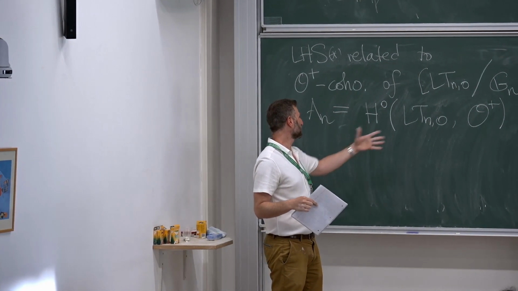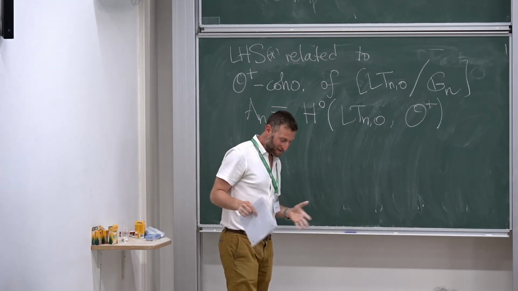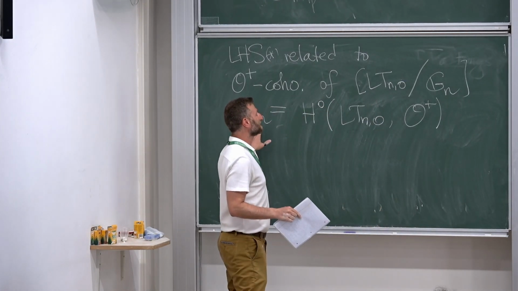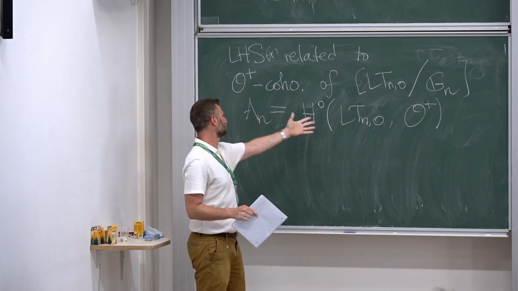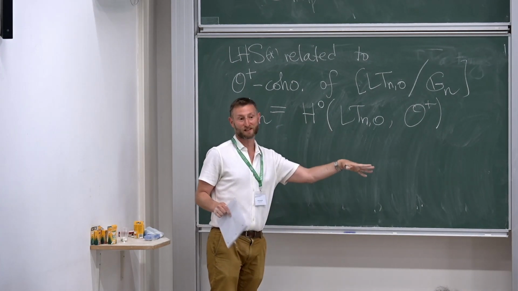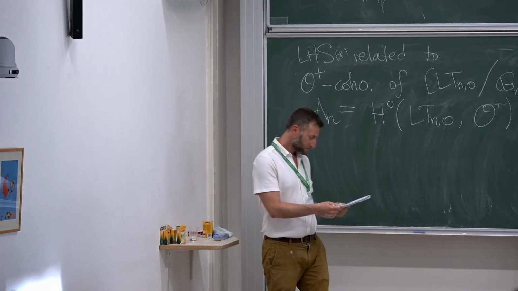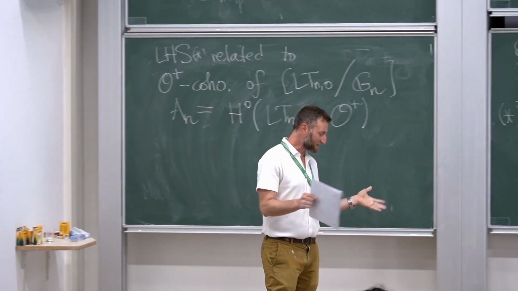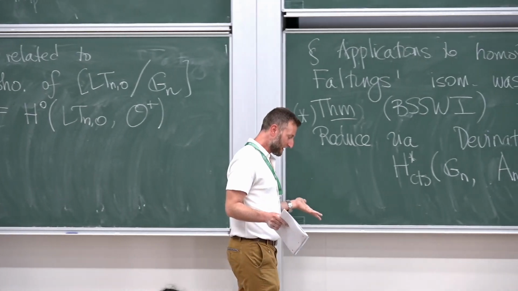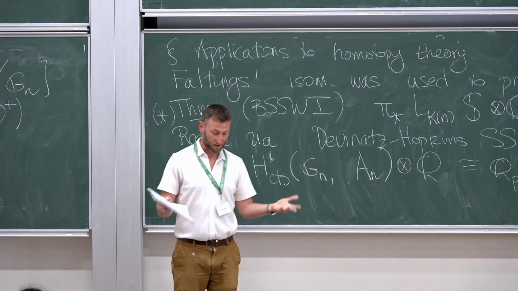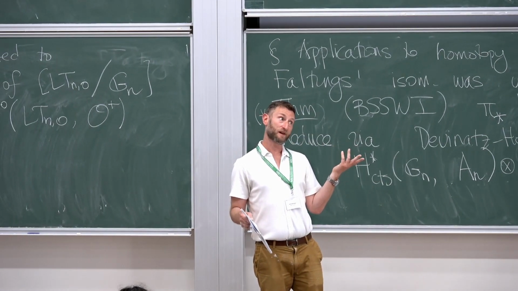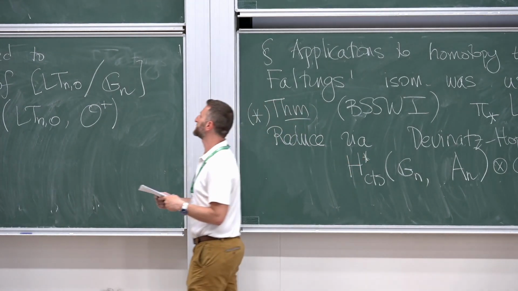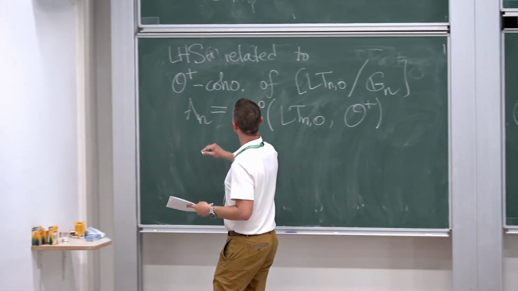So, I mean, it kind of goes both ways. LTN was formed by the Spa of this AN, but you could recover AN back from LTN0 just by taking the global sections of O plus. I guess this is some kind of calculation. You have to say, oh, if I have a power series in n-1 variables, and it converges on the open unit ball, and it's less than or equal to 1 everywhere, then all of the coefficients have to be integral as well. That's the point. Okay, that's the left-hand side.